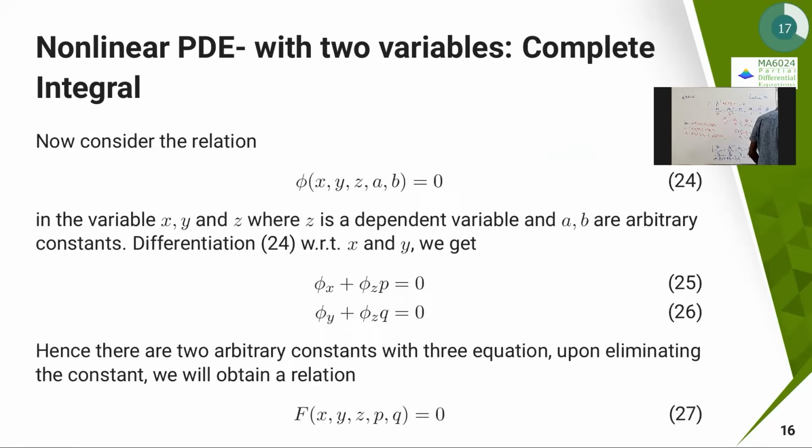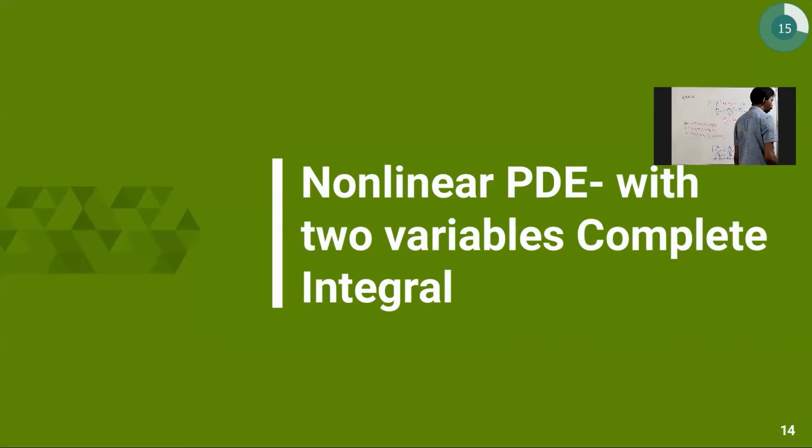Now let us see nonlinear PDE with two variables and complete integral. How are we going to do it? Earlier we discussed the n variables, where I mentioned that there should be the rank. You have to introduce the parameter family a1, a2, an, and then calculate what is dA by dx1 and d square A by dx1 square, etc. And then you have to solve that. We have seen that the rank of the matrix after the transformation should be n. Then you will get the complete integral. The same thing we are going to do here, but with respect to two variables.